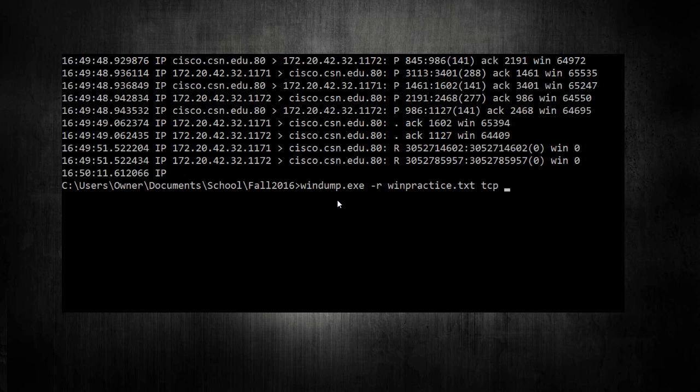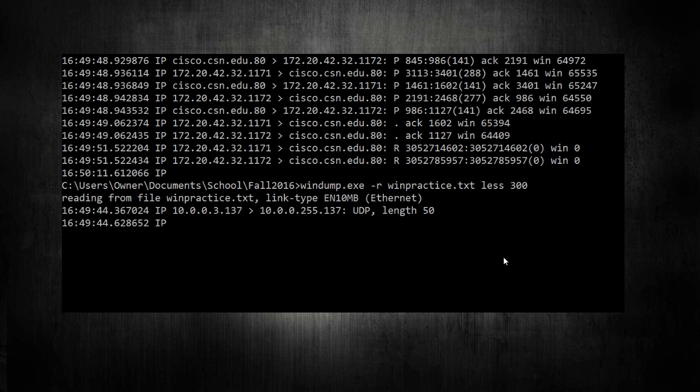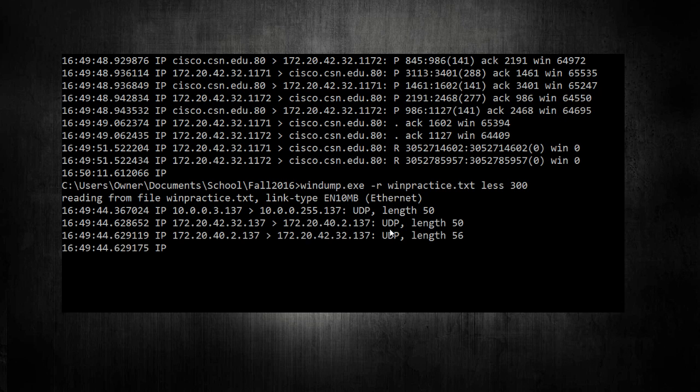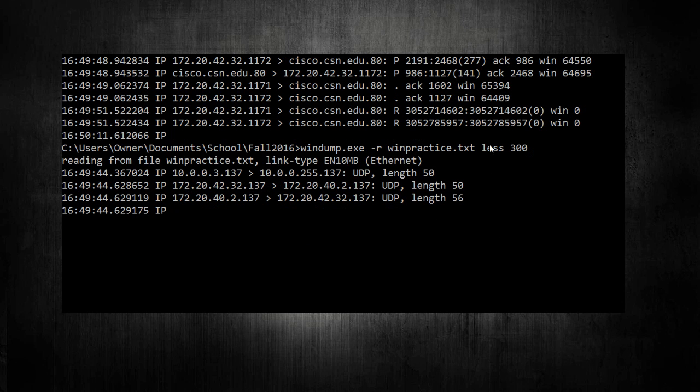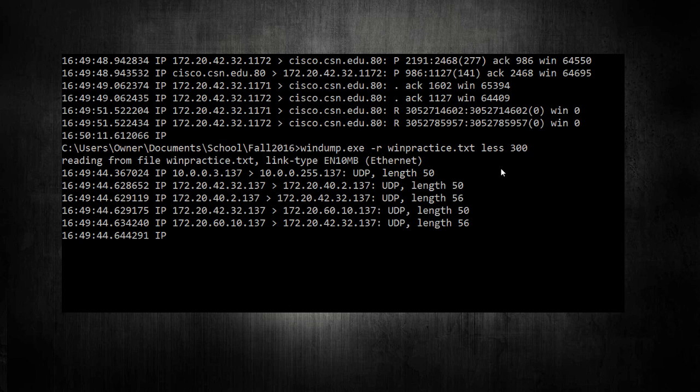So we tell it to run WinDump on this, and we want it to find anything less than 300. It's going to read through, and anything whose size, right here, is less than 300, it's going to find. Now we can specify a protocol, so it's going to find UDP, ICMP, and TCP packets, anything that's less than 300. We can do the exact same thing.